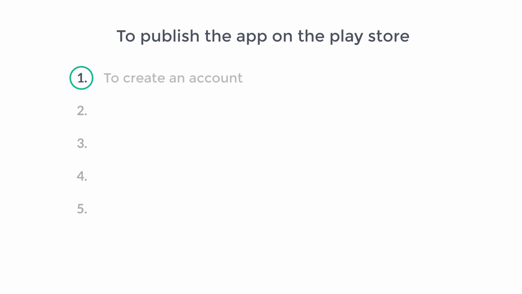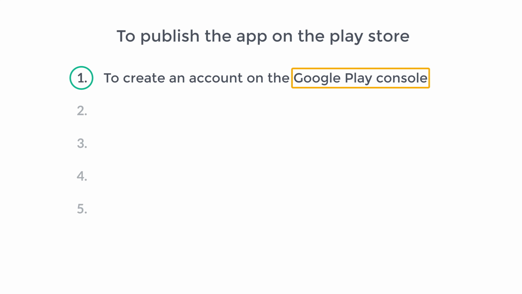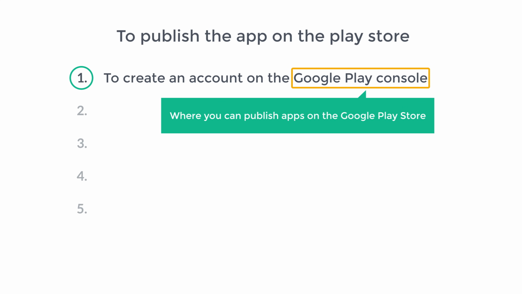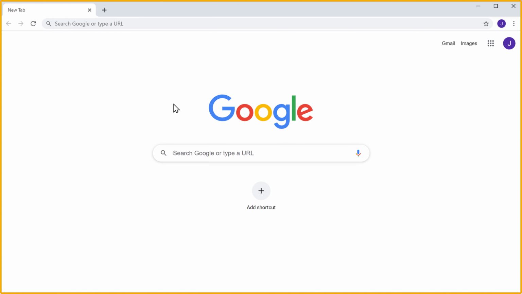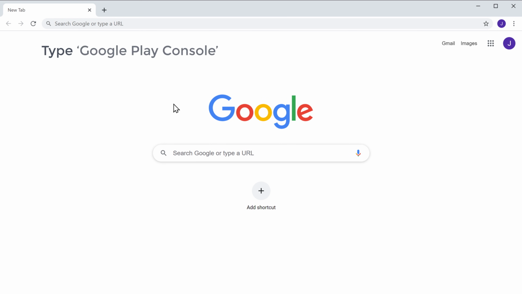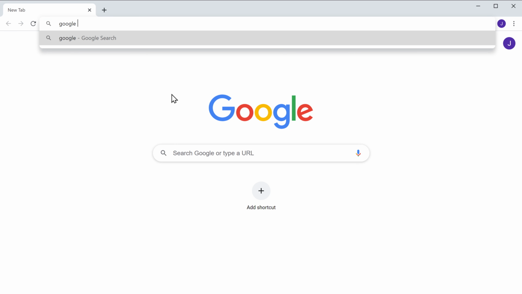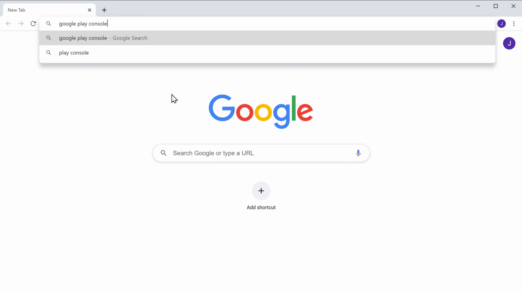The first step is to create an account on the Google Play Console. This is the site where you can publish apps on the Google Play Store. So to create the account, let's go to our browser, then type Google Play Console and press enter.